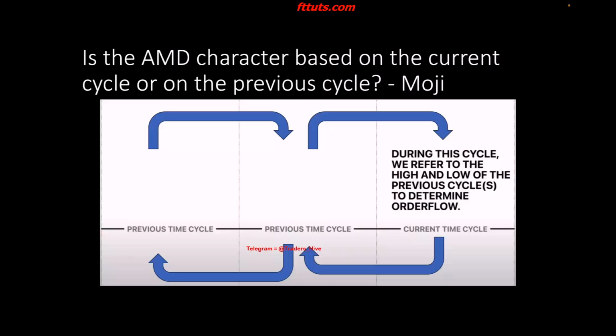So to give a good answer to this question in as few sentences as possible, it would be the following. During the current cycle, we refer to the previous cycles, and the previous cycles, or these cycles here, set up the final cycle. So the current time cycle is setting up the next time cycle. And think about it that way. So based on the way that our cycle is currently delivering, the cycle that we're viewing price through, if it's consolidating, what can we anticipate next? We can anticipate manipulation. What can we anticipate after manipulation? Distribution, for example.